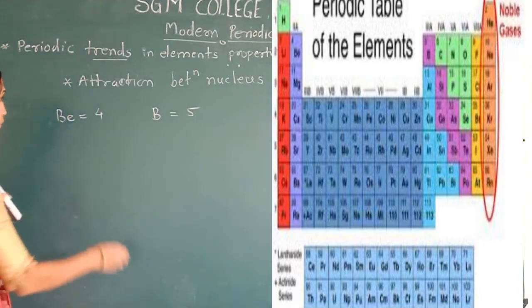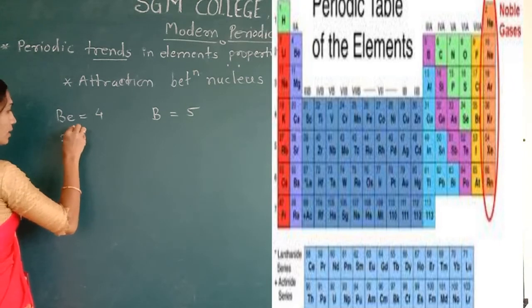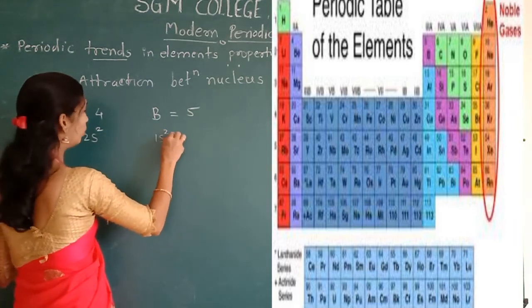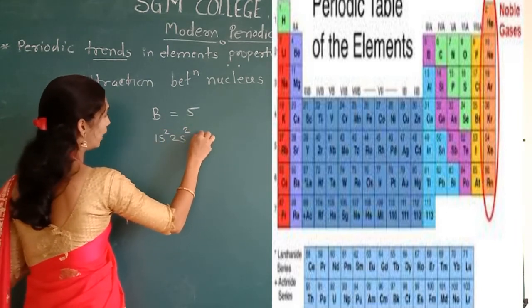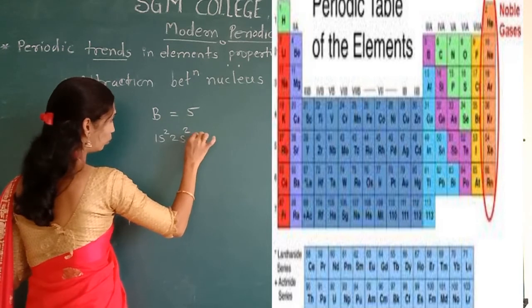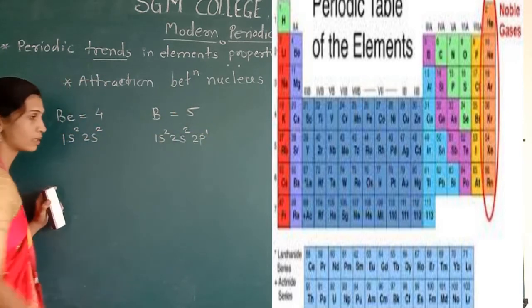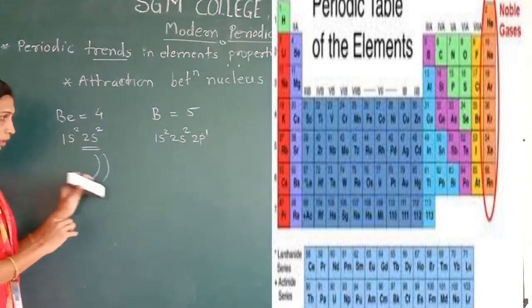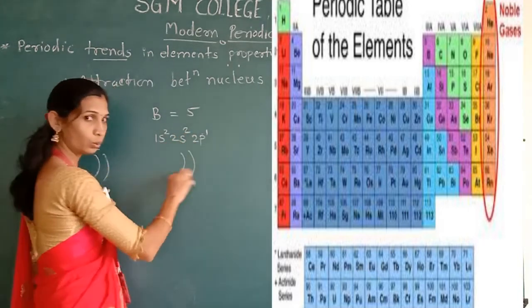If we consider the electronic configuration, 1s2, 2s2, and 1s2, 2s2, 2p1. Now see, these electrons are present in the second orbit. This also is present in the second